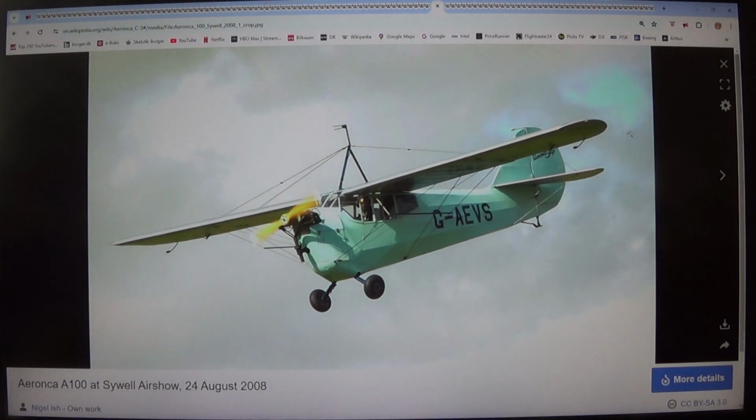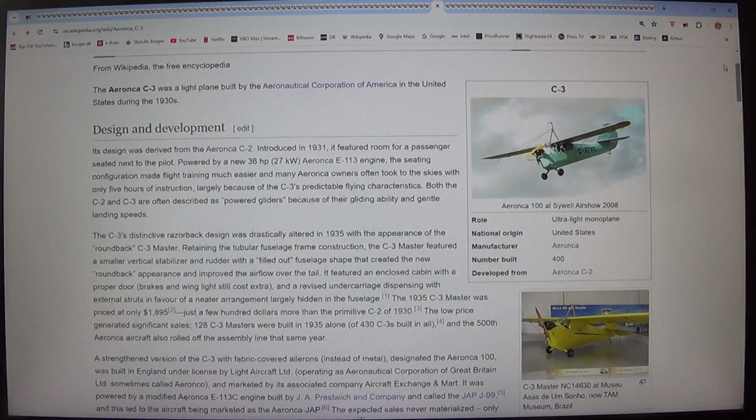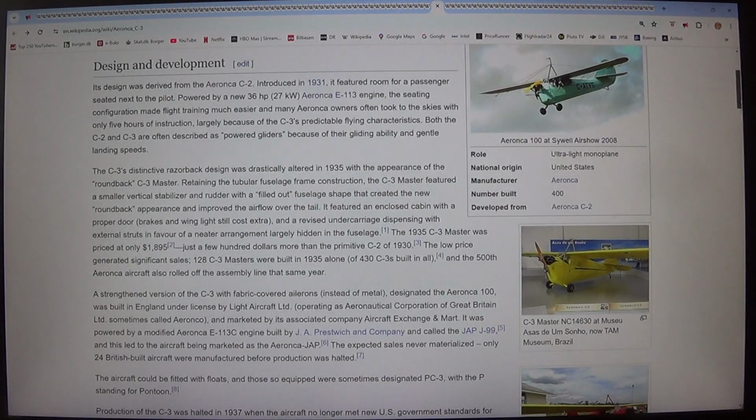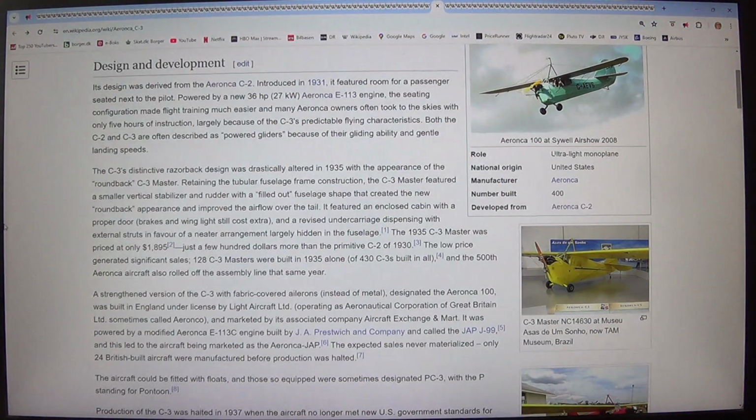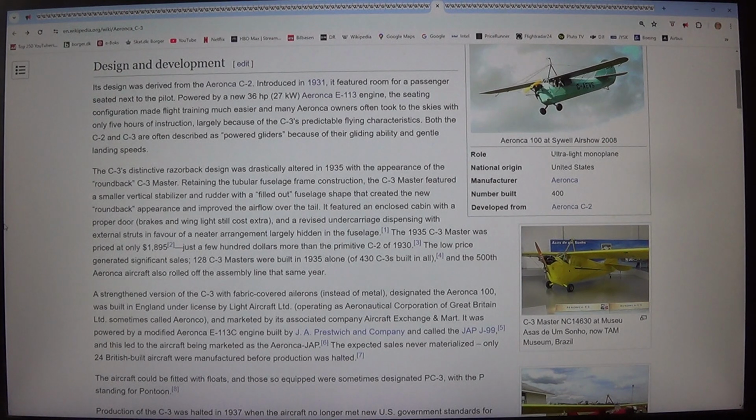Powered by a new 36 HP (27 kilowatts) Aeronca E113 engine, the seating configuration made flight training much easier, and many Aeronca owners often took to the skies with only 5 hours of instruction, largely because of the C-3's predictable flying characteristics. Both the C-2 and C-3 are often described as powered gliders because of their gliding ability and gentle